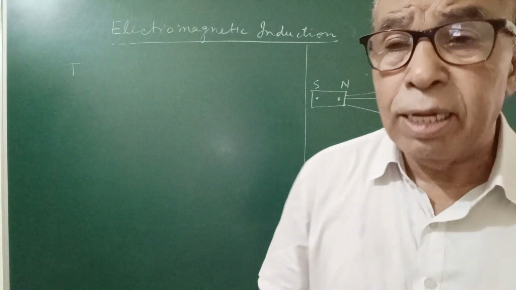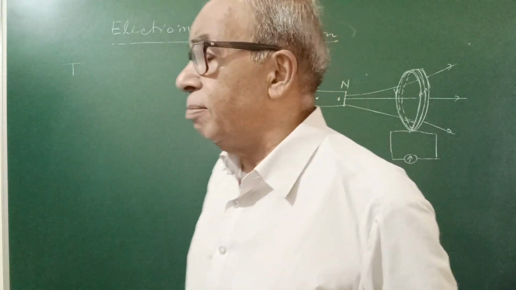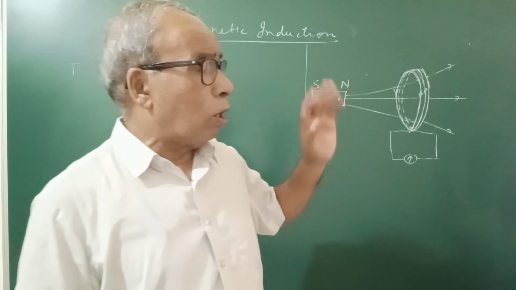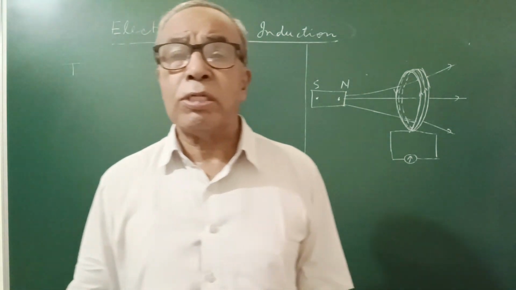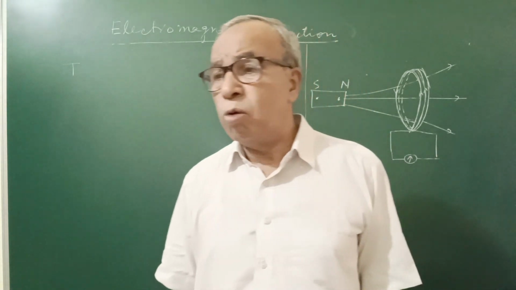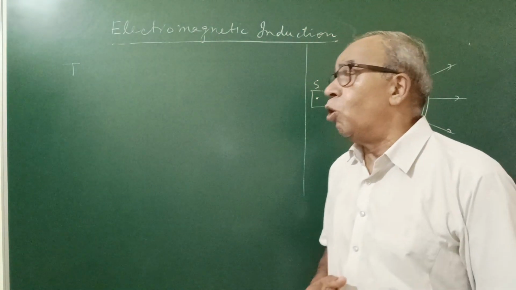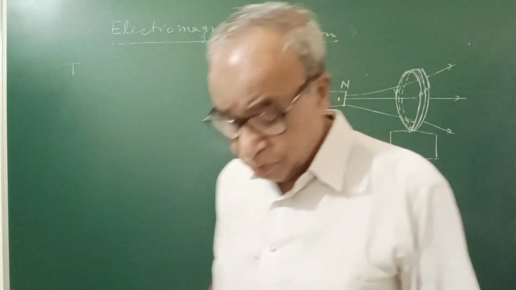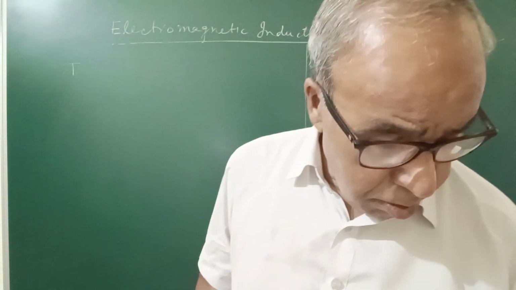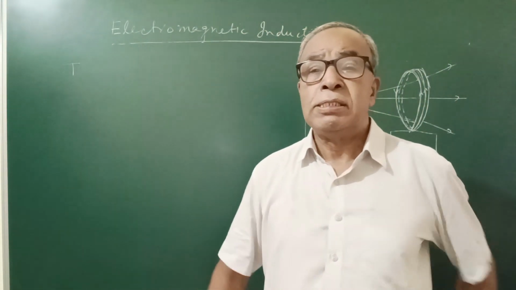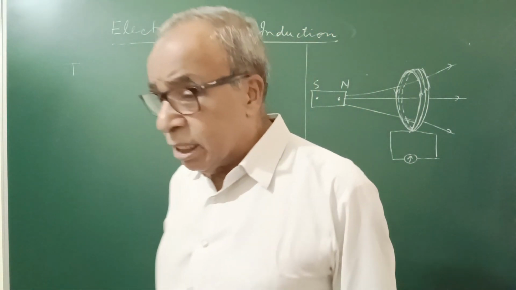I told you earlier also that electricity and magnetism were known more than 2000 BC, but they were supposed to be independent of each other, and no relation between them was found for a long time. They were taken as independent and unrelated phenomena. But in the 19th century,